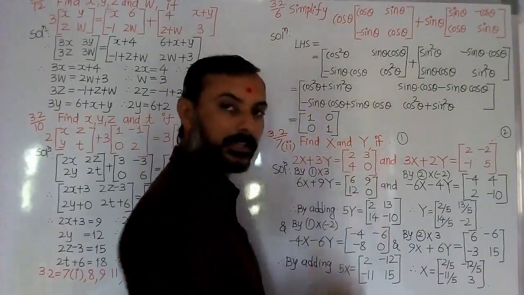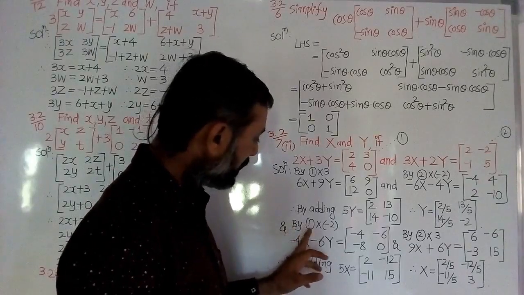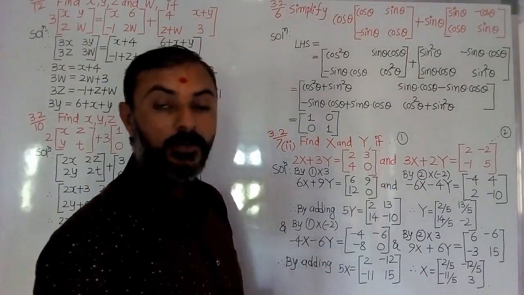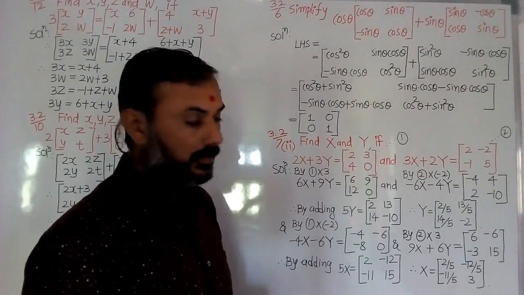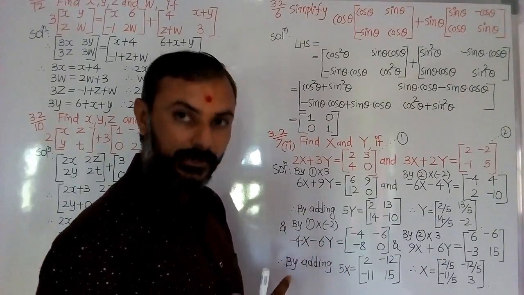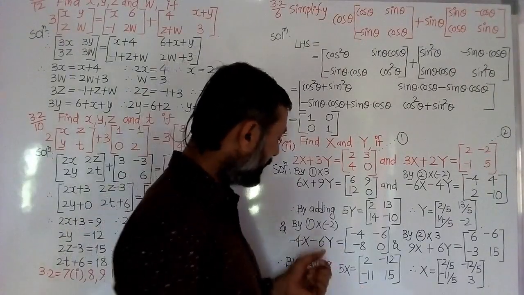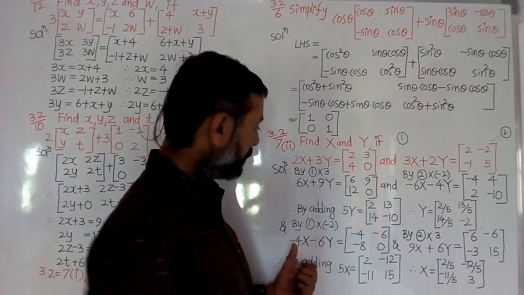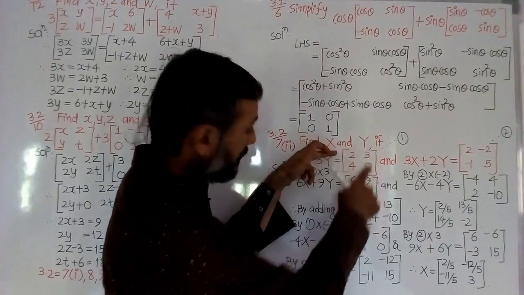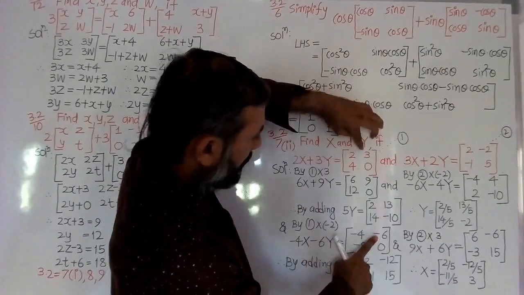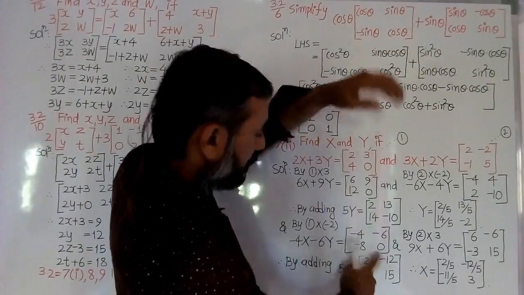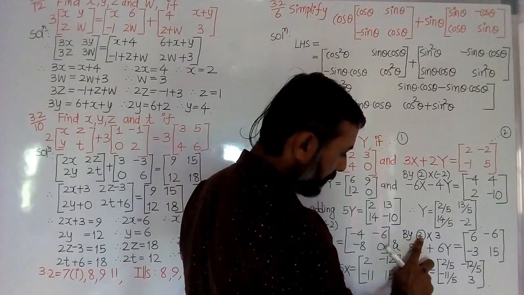Okay, also we have to find X. So simply multiply equation 1 by minus 2. Again we have to eliminate Y, that's why we get an equation and we have matrix X. Let's now multiply equation 1 by minus 2. So minus 4X minus 6Y equals, multiply by minus 2 here. So minus 4, minus 6, minus 8, and 0 into minus 2 is 0. Now multiply equation 2 by 3.